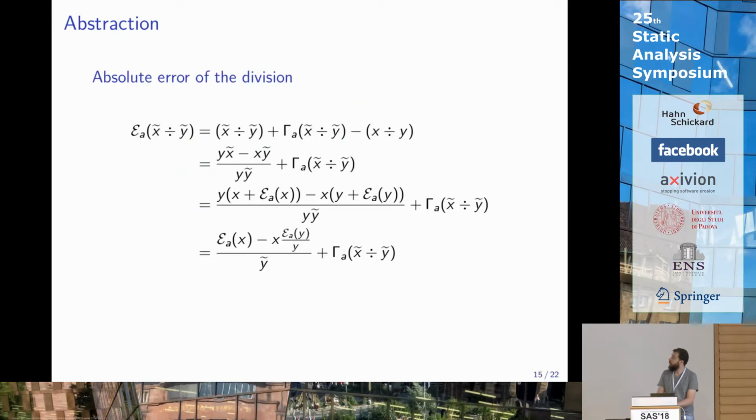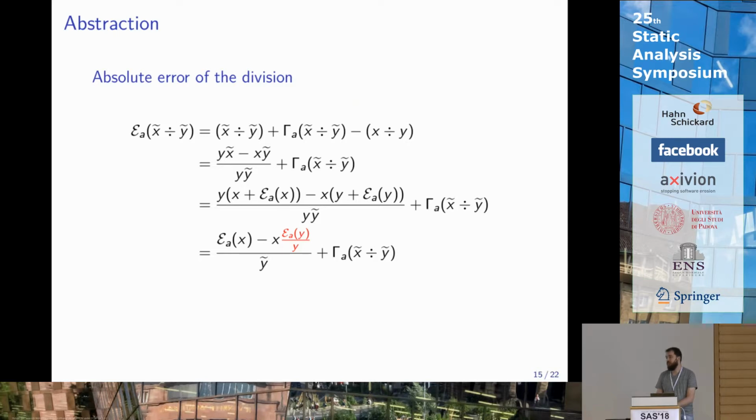For example, take how we compute the absolute error of a division. We do not actually need to understand all the math, but it's kind of funny, so I'll leave it for you. Anyway, we obtain the final formula, which is quite good, but actually in this expression, we have this sub-expression,